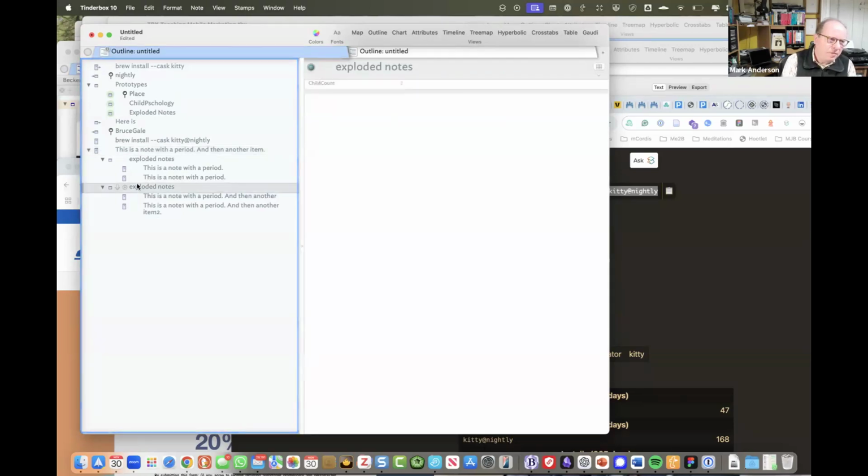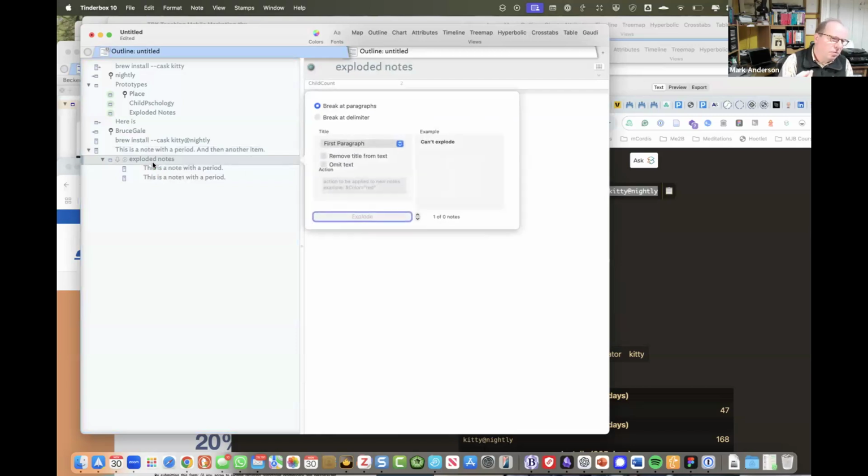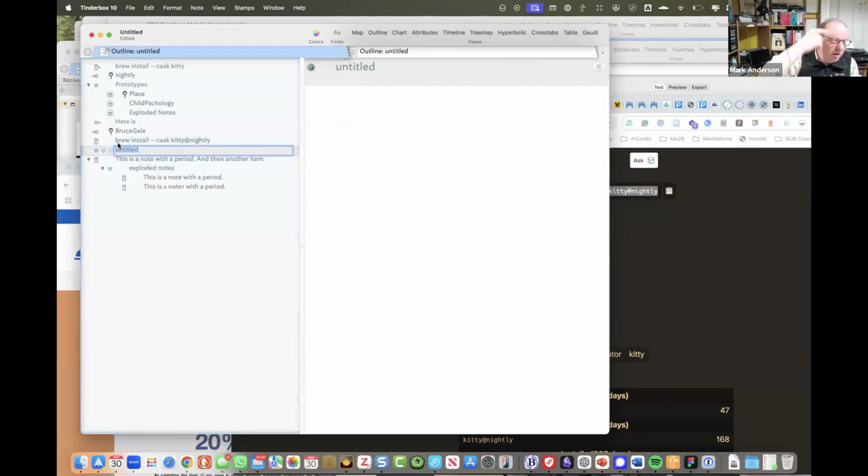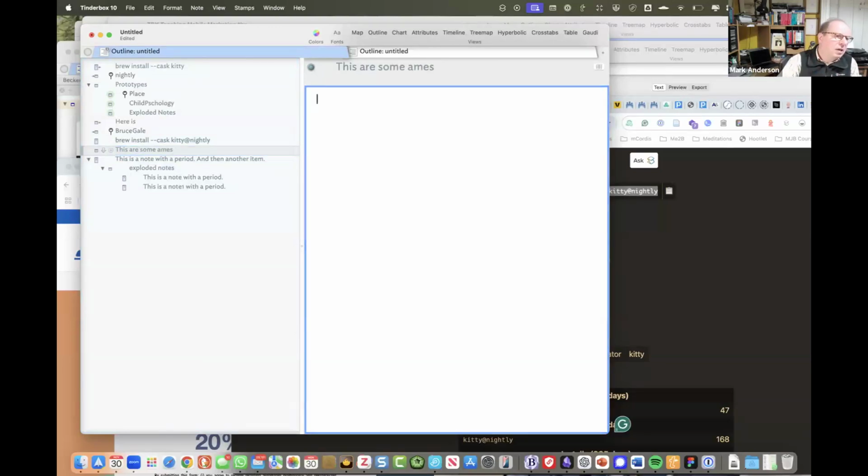I find if I'm deliberately bringing in data that I'm going to explode, as likely as not, the line I want at the beginning is the title. But if you set it to first paragraph, right? If you had something like Mr. period space Smith, it would stop at Mr. because clearly that's the end of a sentence. And if you think about it, all the extra semantics that we do in here in the flash of an eye, it's a lot of code. There are all these edge cases. So probably